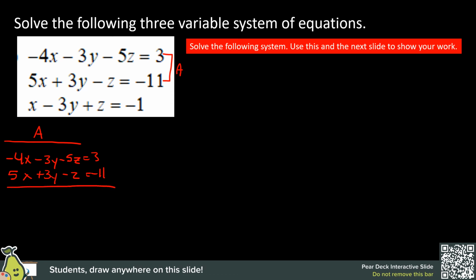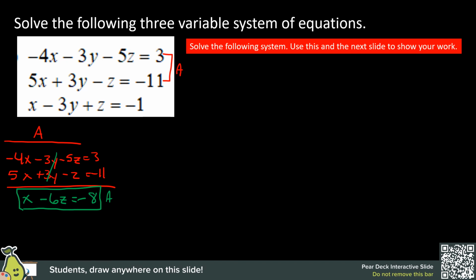Okay, so I want to add these up, and when I see this, I can see that the negative 3y and the 3y easily simplify out. So we can say negative 4x plus 5x, so that's just 1x. Negative 5z minus z is negative 6z equals 3 minus 11, which is negative 8. So this is my A. I'm going to box this because this is important. To do my B equation,